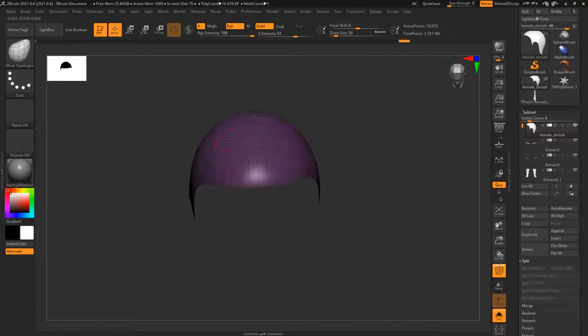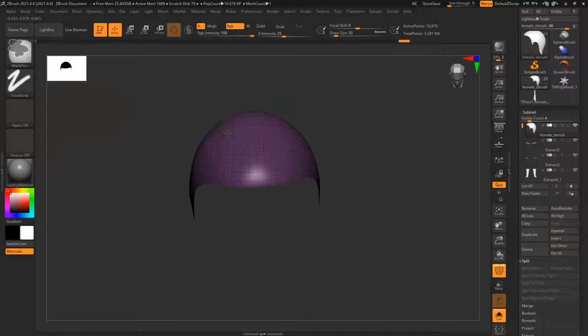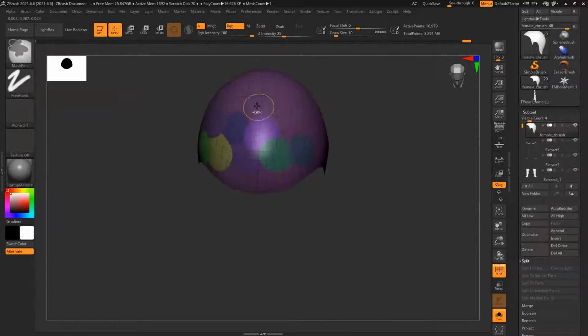It takes little control, a little more like practice to control it, but it's pretty easy. If you practice, you can do it very easily. So just selecting things, control W, control W. So create multiple polygroups. It's basically for clamping.